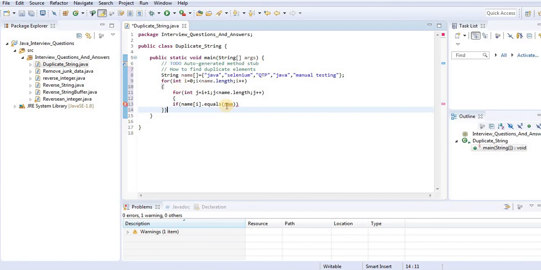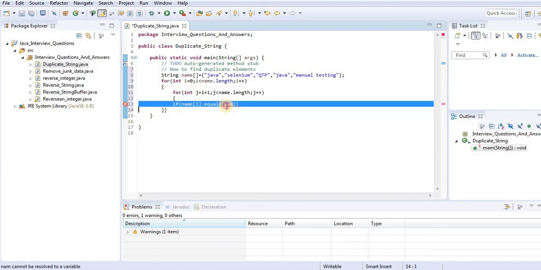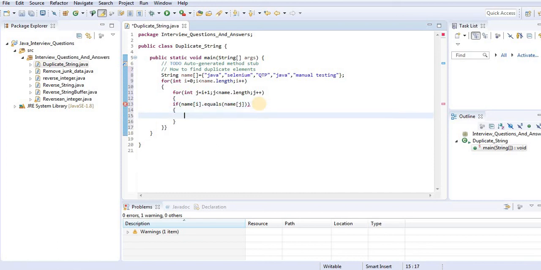Here we continue up to name[j]. If name[i].equals(name[j]), then System.out.println the duplicate value: the duplicate value is name[i].